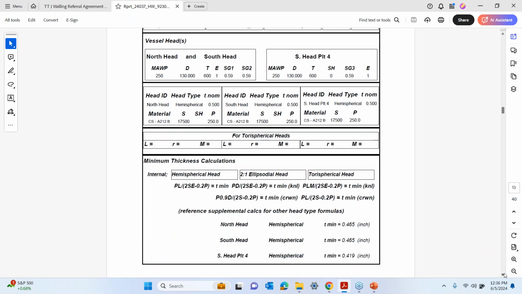Now, remember we said that this one head, the south head, had plate 4 that was kind of thin, so we evaluated that individually and the north and south head as a whole. All right, and we came up with a couple different T-mins here. T-min 465, 465, and 419. These heads